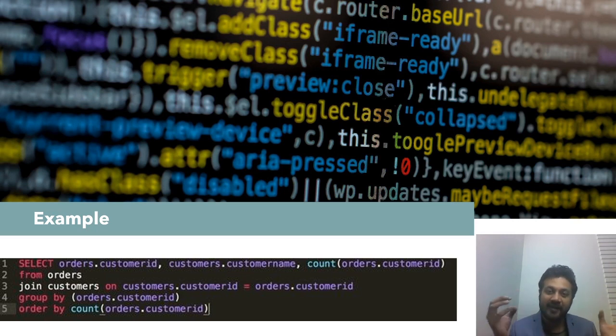So the JOIN command basically joins two tables so that you are able to fetch data across both. Then there is GROUP BY orders.customer ID, so the data will be grouped on the basis of the customer ID, and ORDER BY count. The ORDER BY statement is for ascending or descending order. So the count value in ascending order, grouped on the basis of customer ID, will be displayed in front of you. I hope this simple SQL query was clear to you.